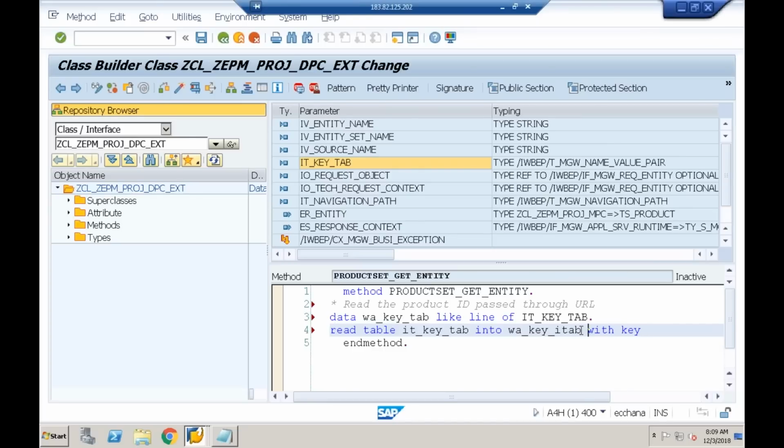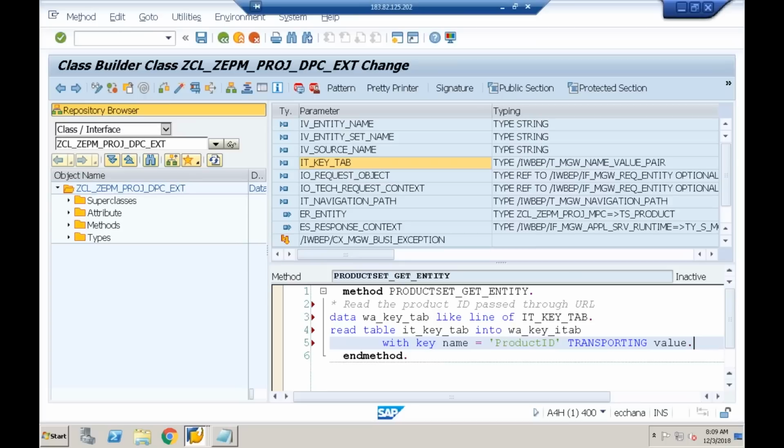So I'll say with the key, what is one of the fields? Name. With the key name equal to product ID. What is the name of the key property in my entity? Product ID. Transporting value. So I'm trying to read the input value sent to the URL, with the key name of the property being product ID, and the value I'm passing through the URL. Done. If sy-subrc is equal to 0,